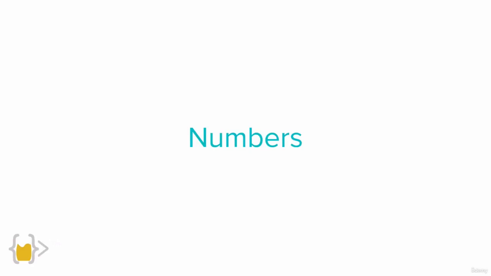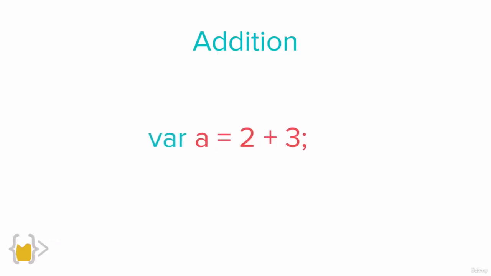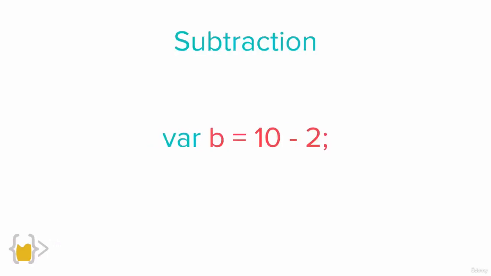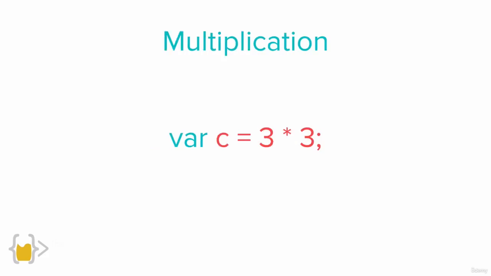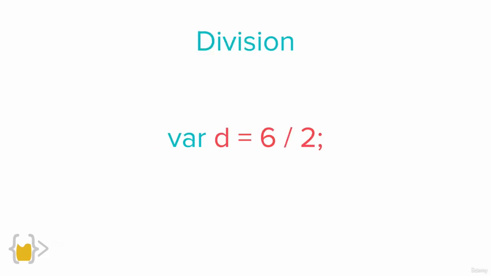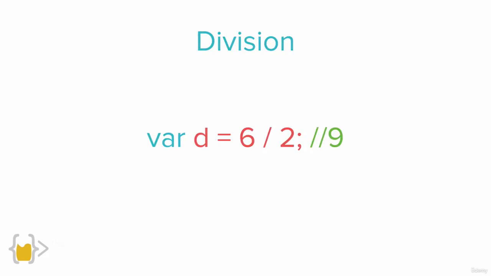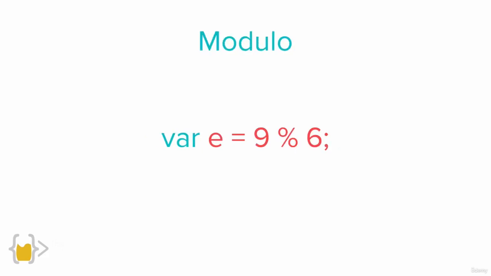Now, for the most part, working with numbers in JavaScript is pretty straightforward. So, for example, you can add by simply using the plus sign, and you can subtract by simply using the dash or the minus sign. When you want to multiply, you can use the asterisk as the multiply sign, and division is done with a single forward slash. Now, the only one operator that's a little bit weird is the modulo, and it's represented by